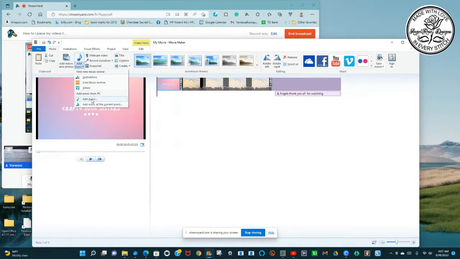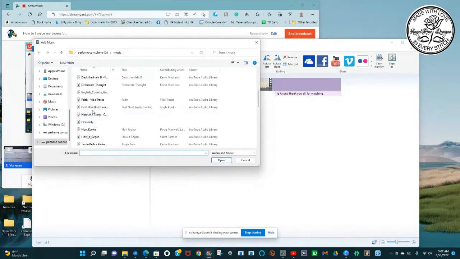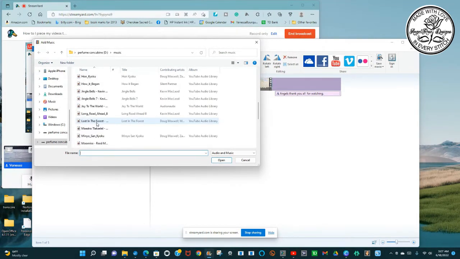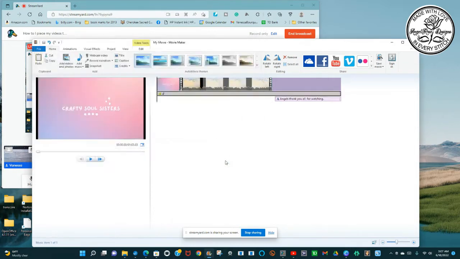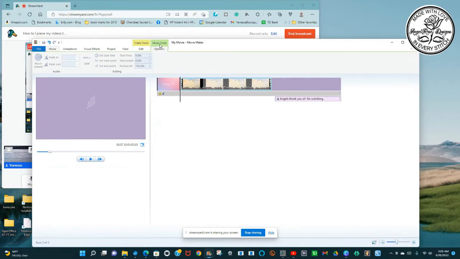And then how I add the music is I go here, okay? And I go to add music. And then I pick the music that I want. And this is all music from YouTube. So it's all YouTube approved music. So I want to split it to where it's not here where I'll be talking. So I put my line here, go to music tools, and it's usually a little split button, but for some